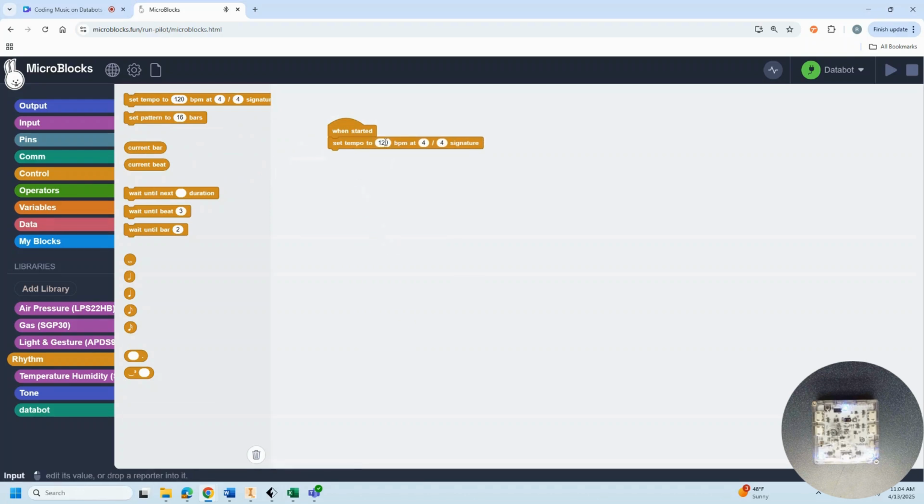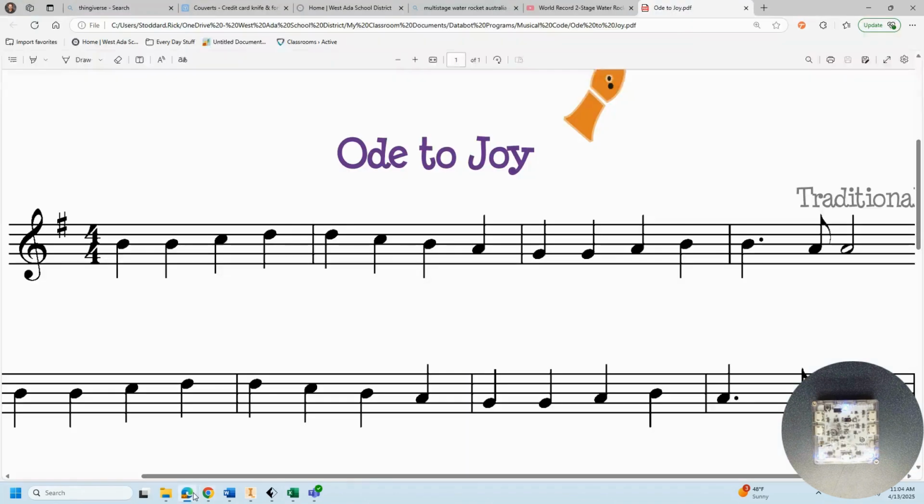So I'm just going to leave it at 120. If you look at our music, it's right here. It's 4/4 time, so I'm going to leave that alone. I'm noticing that we have one sharp. In advance, with students, I don't know what level you're going to be teaching, but you'll want to probably cover